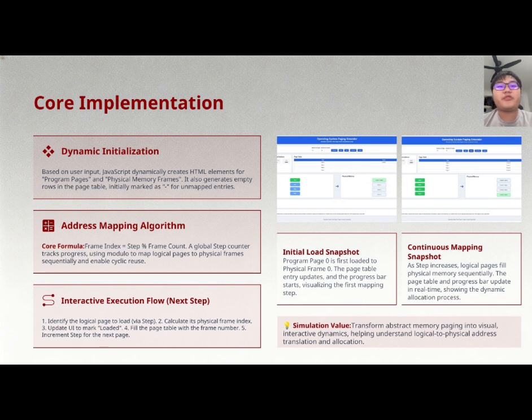Here are two snapshots from our simulator. On the left, the initial load shows program page 0 being loaded into physical frame 0 as the progress bar starts. On the right, the continuous mapping shows that as the step counter increases, logical pages fill physical memory sequentially. The page table and progress bar update in real time, transforming abstract theoretical concepts